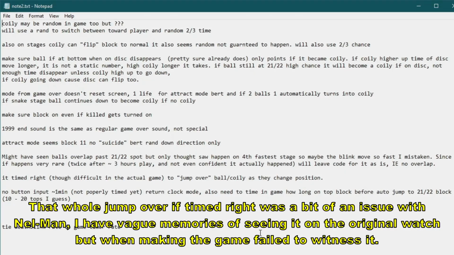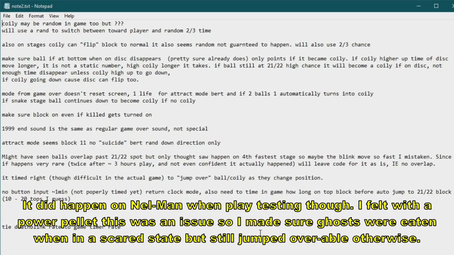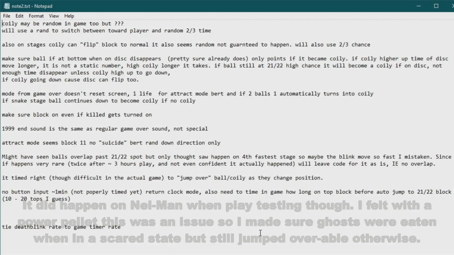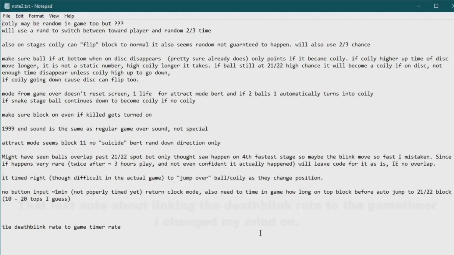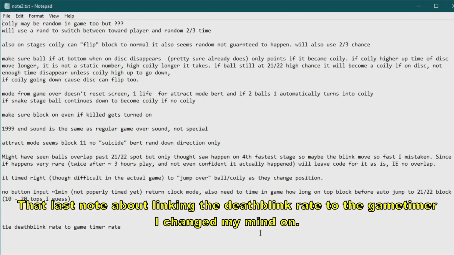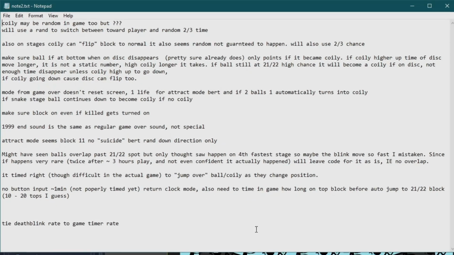That whole jump over, if timed right, was a bit of an issue with Nel-Man. I have vague memories of seeing it on the original Watch, but when making the game failed to witness it. It happened on Nel-Man when playtesting though. I felt with a power pellet this was an issue, so I made sure ghosts were eaten when in a scared state, but still jumped over able otherwise. At last, note about linking the death blink rate to the game timer. I changed my mind on